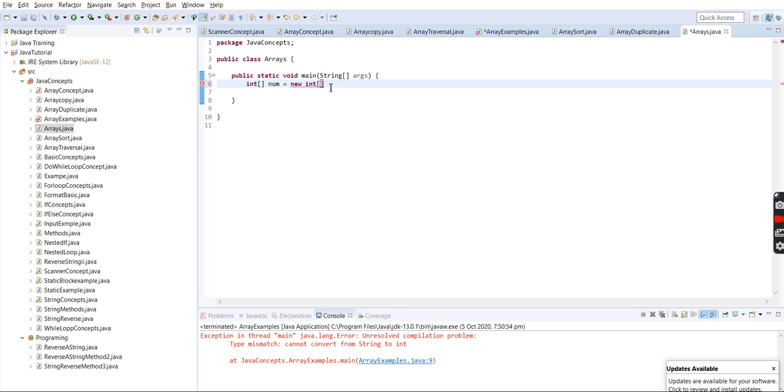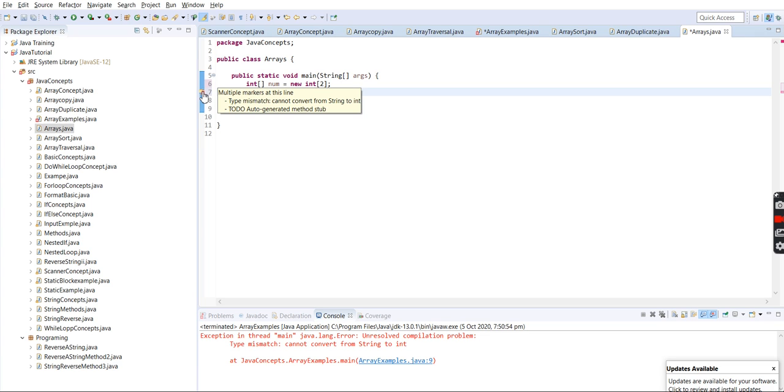Here I have not declared the value correctly, so it's giving me an error message.